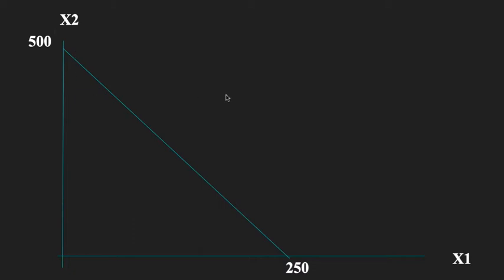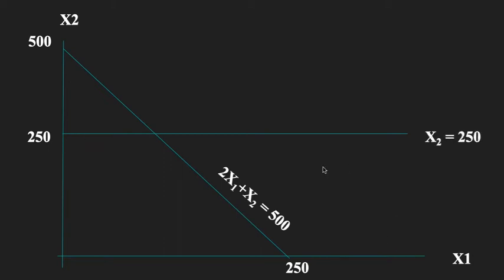In the equation number 2, we have x1 is 150 and x2 is 0, right? And this is the equation here, 2x1 plus x2 is equal to 500. Now we have next one where x2 is 250 and x1 is 0, and hence this would be a parallel line to x1. Now in the equation here x2 is equal to 250. Then we have one more, that is x1 is equal to 150, right?